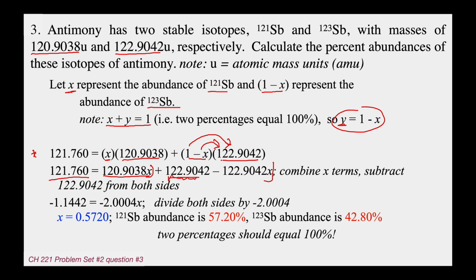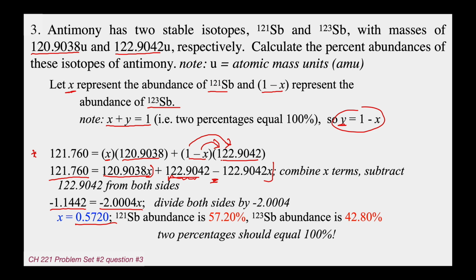So if you do that, 121.760 minus 122.9042, that's where this minus 1.1442 number came from. And if you take 120.9038x and you subtract 122.9042x from it, you get negative 2.0004x. So notice what we did there. We got the x's on one side, we got the numbers on the other side. And what you want to do here is divide both sides by negative 2.0004. And that's going to give you x on one side, and you'll have a number on the other side. And lo and behold,